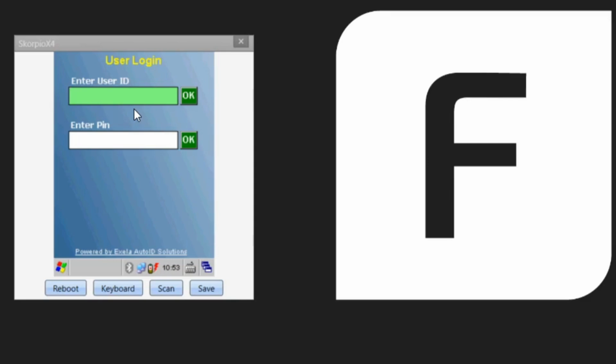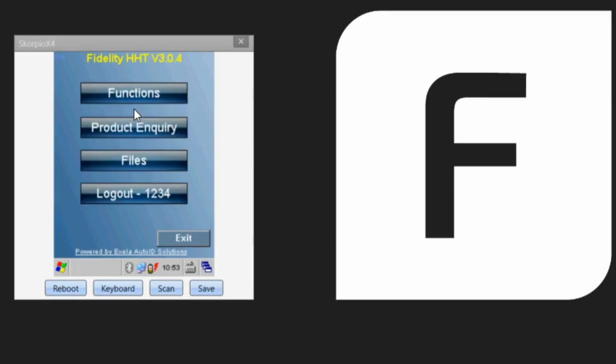These details will be stored in Total Control Premier. So if I just enter the details, the ID and the PIN number. From there, you're presented with a sub-menu, which includes you can log out, files to upload and download to TCP, product inquiry, and some more stock functions underneath here. If we just look at product inquiry first,